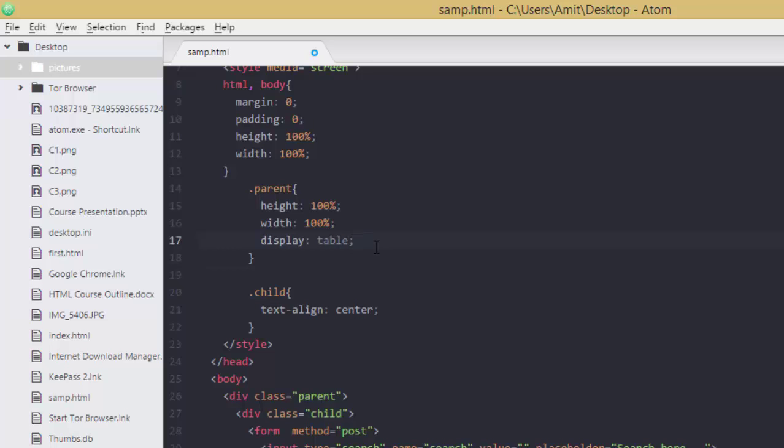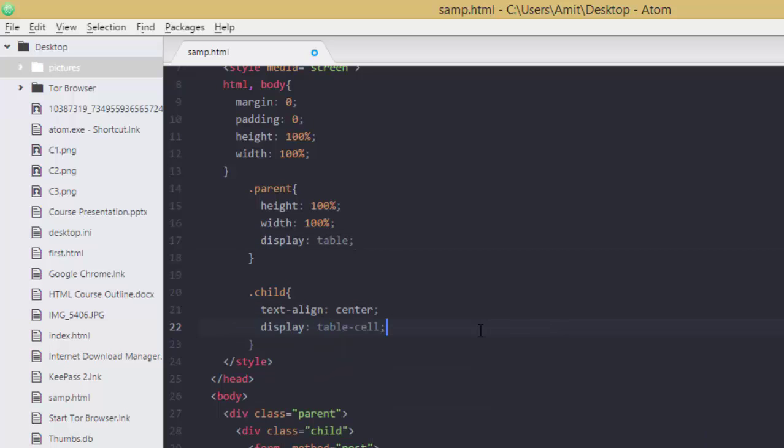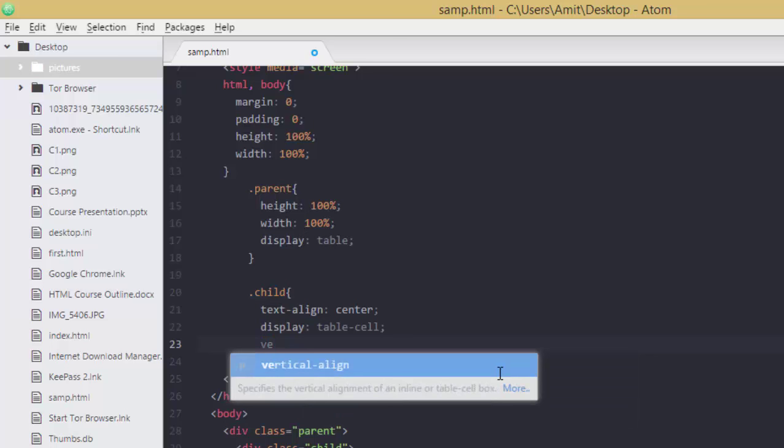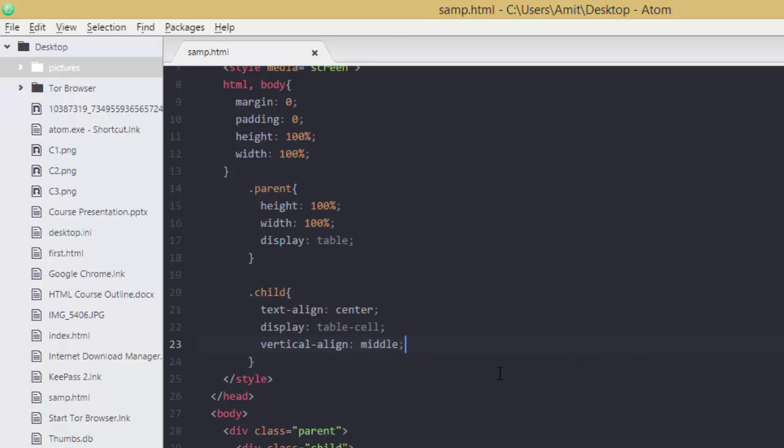Okay, so now what we can do, we can simply go ahead and set the child element property to display table cell, and this will allow us to set a property called vertical align so that we can vertically align our child element inside this parent element. So what I can do right here, a vertical align, and set its property to middle. So this will vertically center this child element inside this parent element.